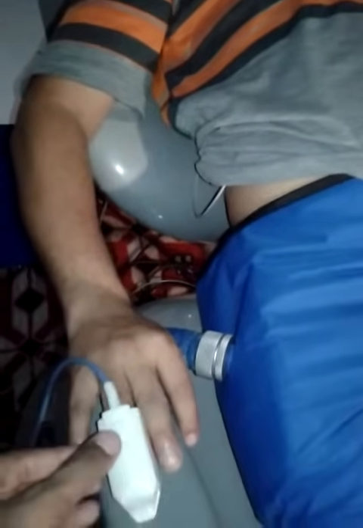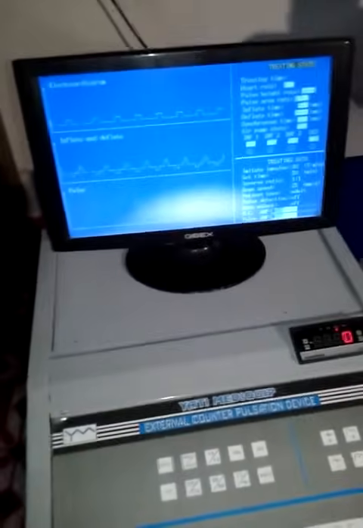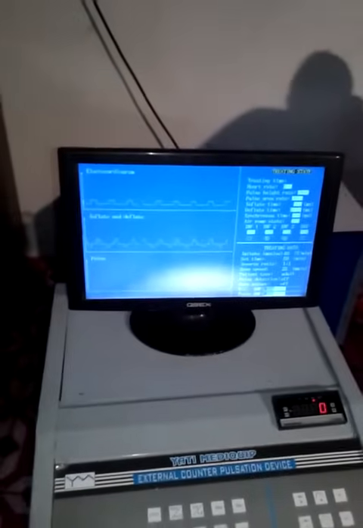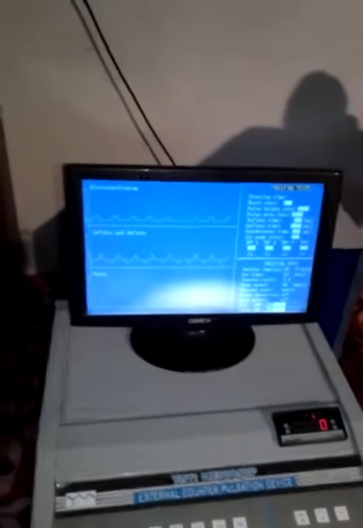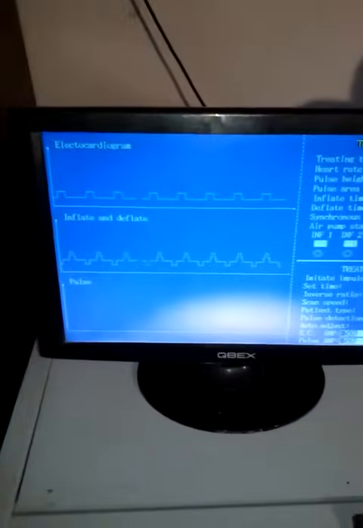After connecting the three chest leads, you connect the patient with a pulse plethysmograph on any of the fingers, and then when you start the console, you get this screen. When you press the start button, valves get started. You can listen to the voice, and you can see on the screen the dummy ECG is coming.